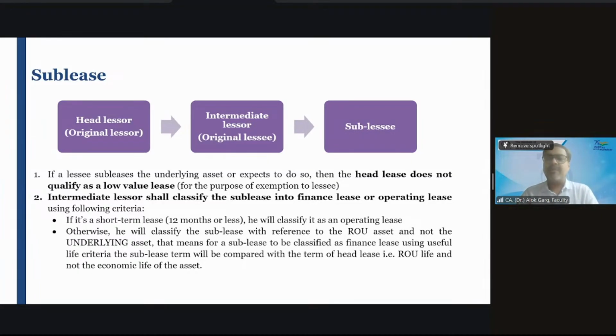For example, I am paying rent to my landlord. I am living in a high-rise society, so I am paying, let's say, 55,000 rupees: 50,000 rupees as rental and 5,000 rupees as maintenance to my landlord. So for my landlord, there are two incomes: one is rental, one is maintenance. But my landlord is also paying 5,000 rupees to the RWA of the society, right? So he is collecting 5,000 rupees from me as maintenance and paying 5,000 rupees to the RWA.